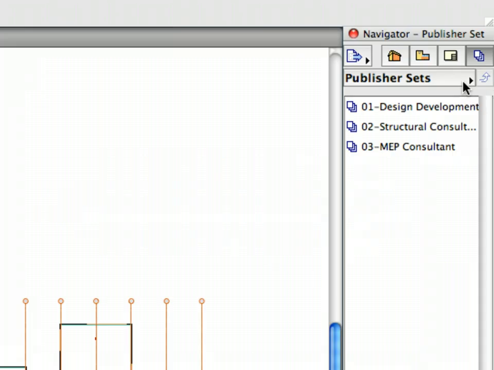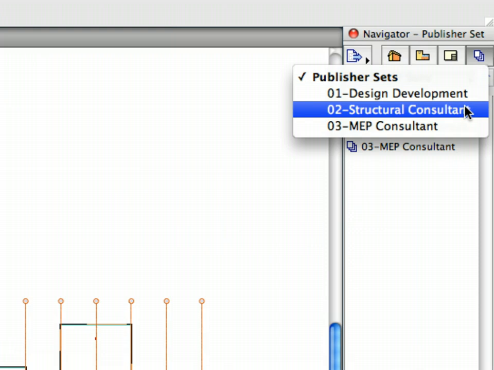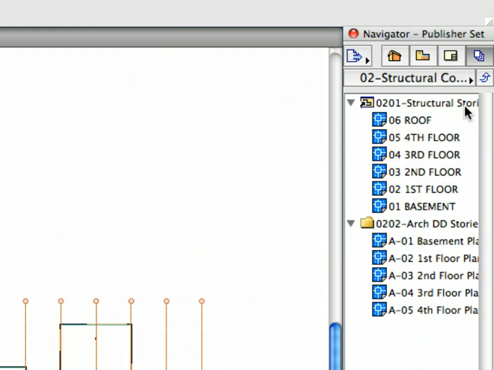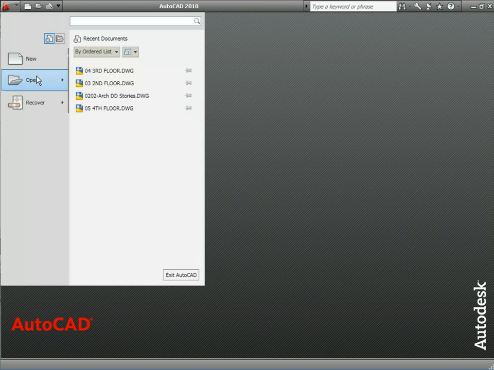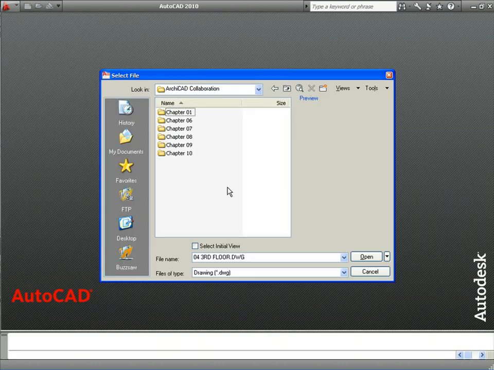Open the Publisher Sets tab in the Navigator palette. Choose the Structural Consultant set at the top and activate the third floor view located in the Structural Stories folder. Let's suppose the structural engineer is done with the DWG file and it's ready to be merged back into our design project file. If you have AutoCAD or a free DWG viewer, open the COL 821 third floor for smartmerge.dwg